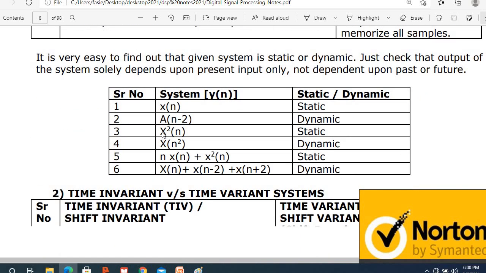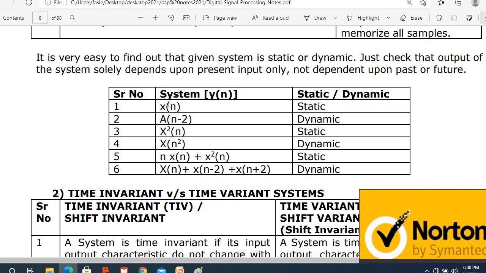Clear? As you can see here, tell me what is x of n? There is only one input. That is called static. Dynamic means what? See, it is delayed by 2, right? x of n minus 2. What does this n minus 2 mean? It depends upon the past input, right? So n minus 2 means past input. This is called dynamic. Whereas if you only have n, then it is static. If you are doing multiplication in the internal domain, these are different, right? x square of n is different, x of n square is different. x square of n means x of n into x of n. x of n square means you are multiplying the n domain twice. When we multiply it, it becomes a future input. So this is called dynamic.